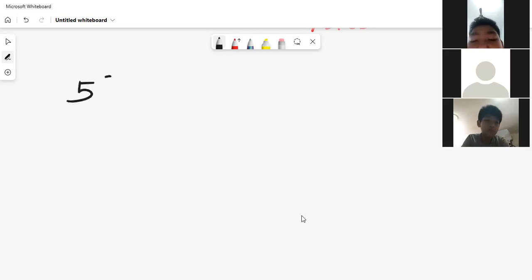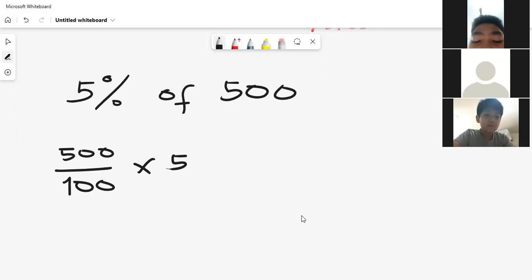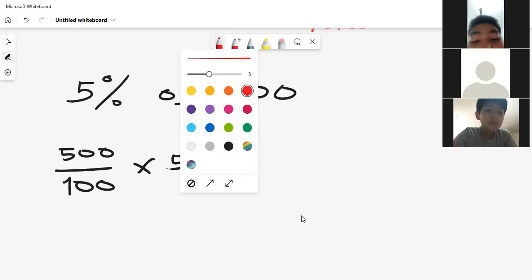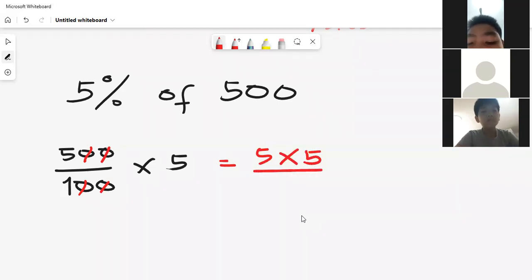What is 5% of 500? What should we do here? 500 over 100. Very good. 500 over 100 times 5. What should we do next? Cut the zeros. How many zeros? 2 down here, and 2 up here. So it will become 5 times 5 over 1, equal to